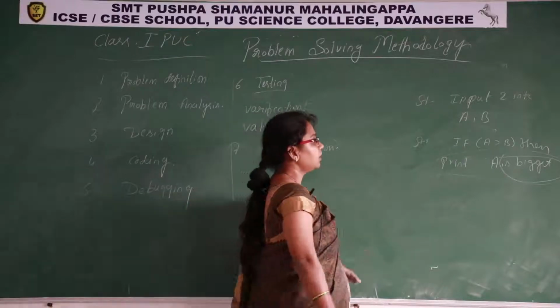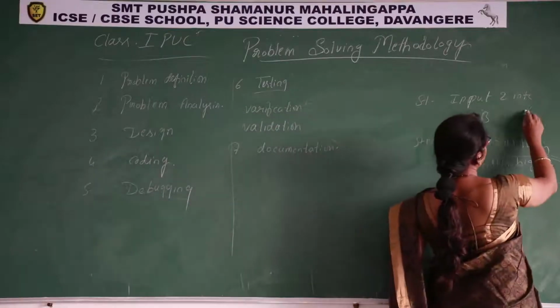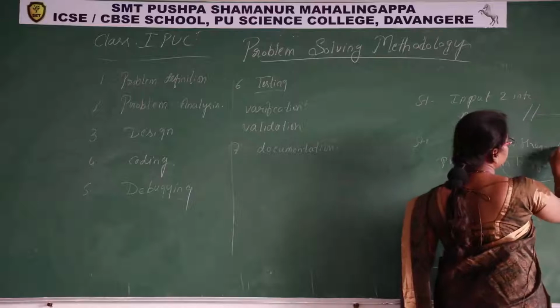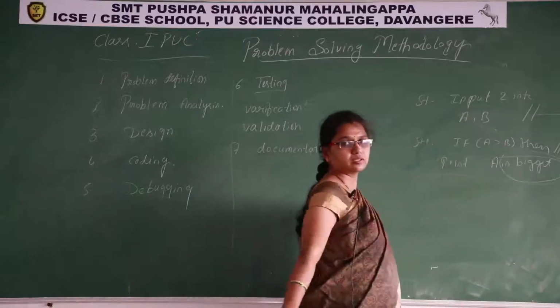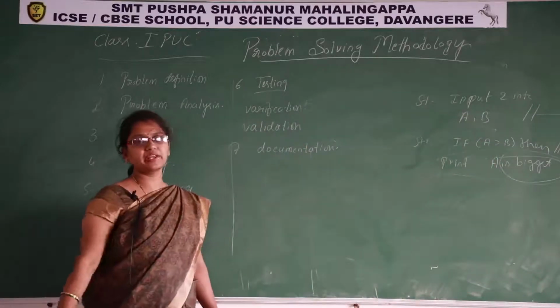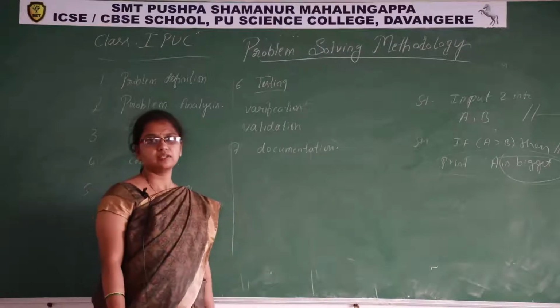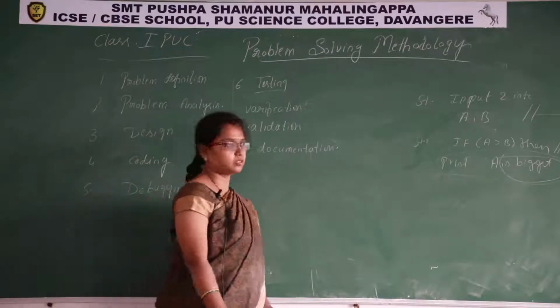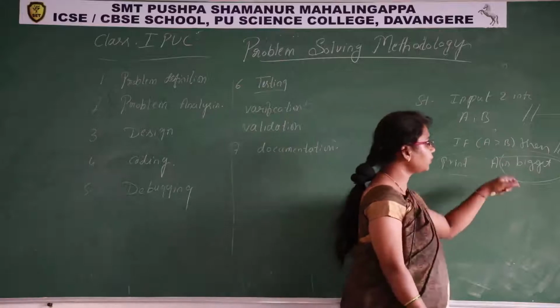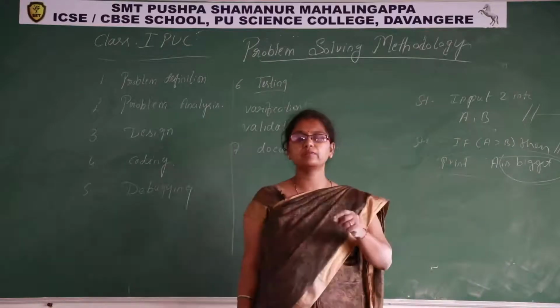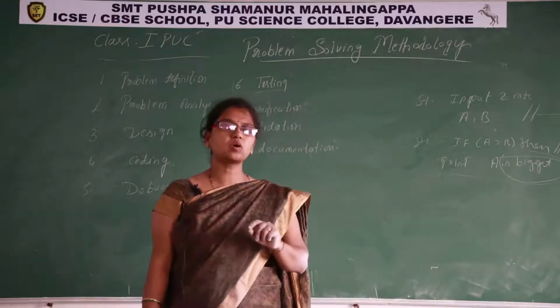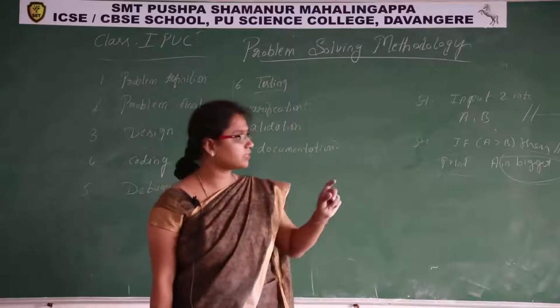Okay, and we have to write some explanation in the program for each step. In every step I can write explanation, I can give the comments. That is called internal documentation. And whatever the thing displayed on the screen, those statements will be displayed on the screen, no, that is called external documentation. How to understand this?